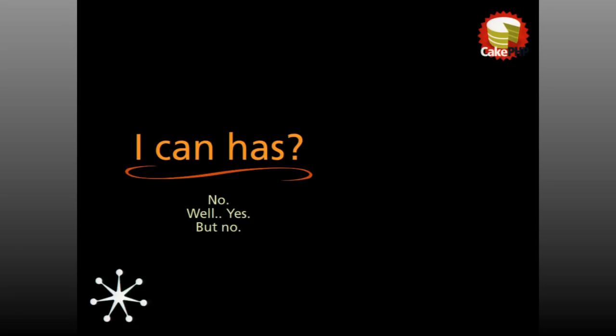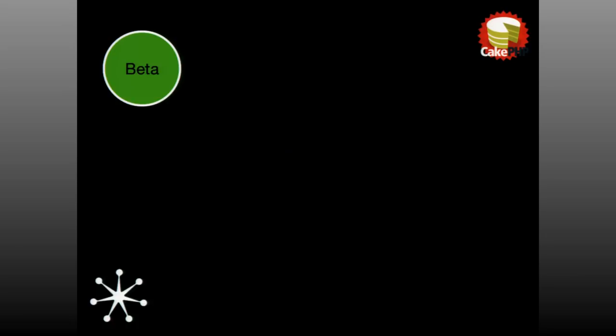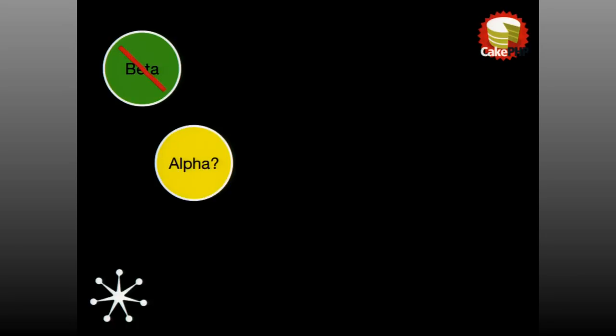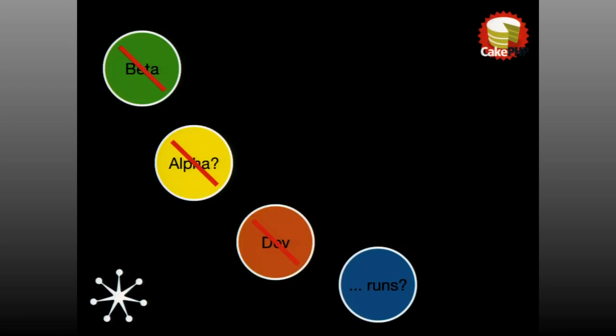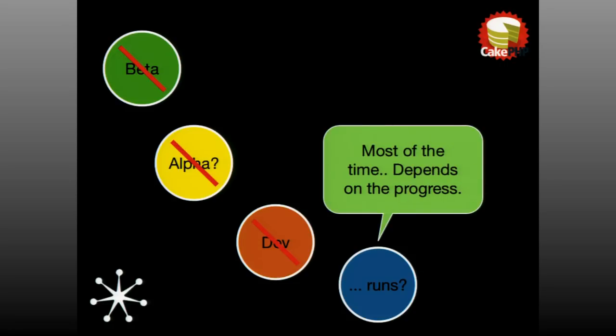write some code yourself. So yeah, to give you an idea of where it is, it's not really beta. I wouldn't really call it alpha. It's not really a dev state either. It's kind of, well, does it run? It depends on what day you catch us on. Good days and bad days. So it's very much a work in progress, but for the most part, relatively stable.